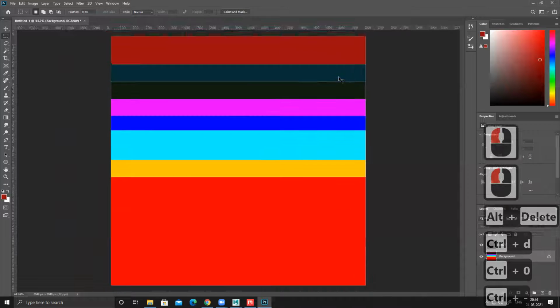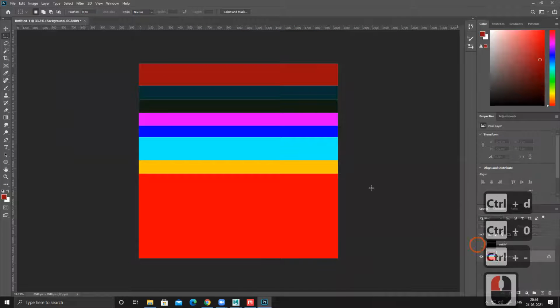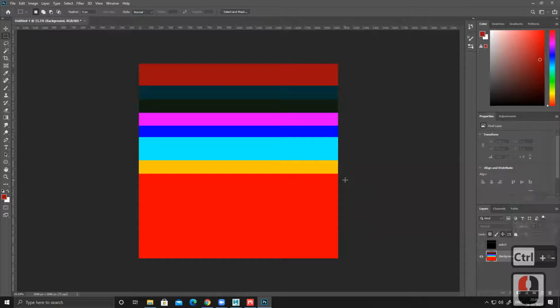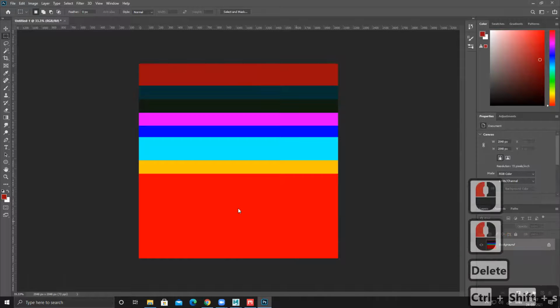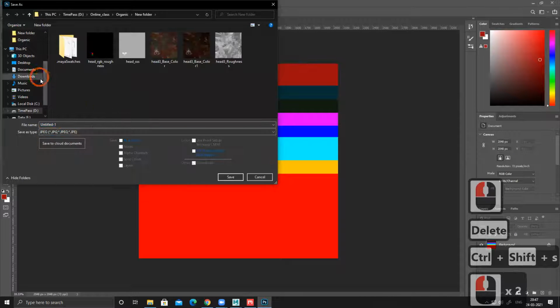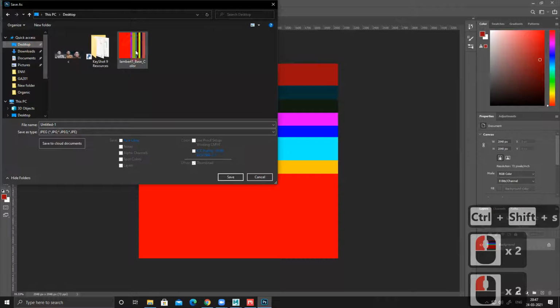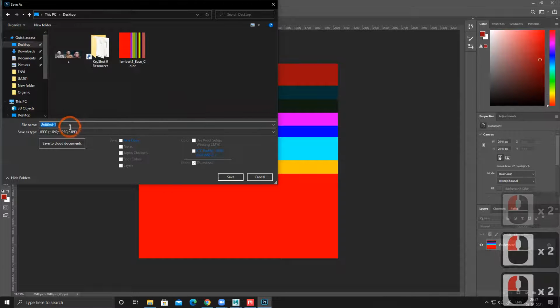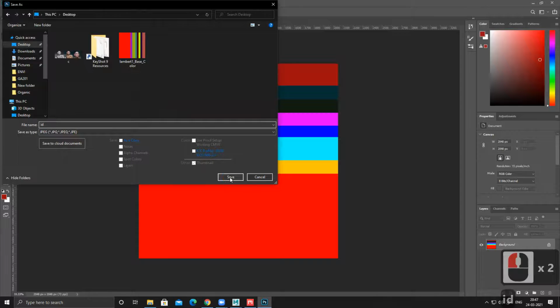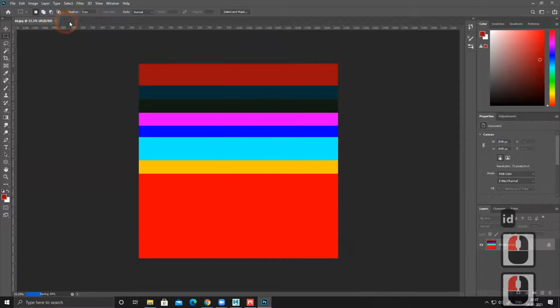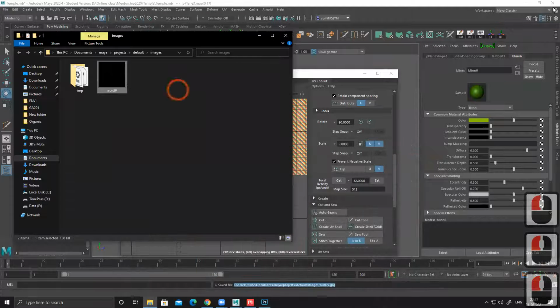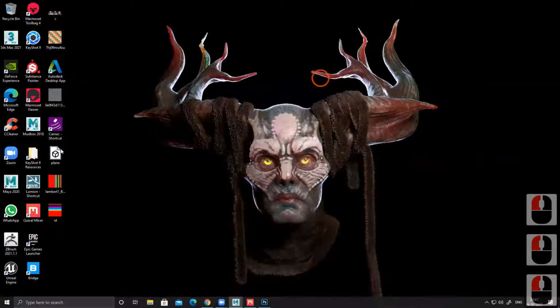So now you can see I have this entire thing. Similar thing I did in Photoshop also, so fast. So you have to create and generate this map and save it as JPEG or whatever you want, on the desktop, maybe name it as ID map. It's basically an ID map. Save it. So I can use this map. I just have to rotate this map and use it.